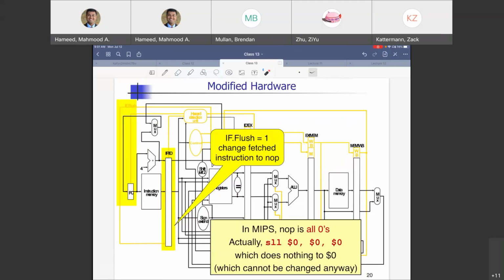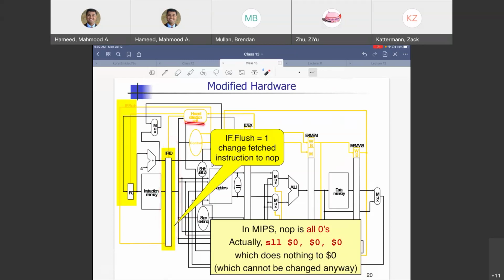With the modified hardware, what is modified? You have moved things up in terms of branch being evaluated and address being calculated. You have moved things up to stage 2, the register access stage. By doing that, you have brought the branch penalty down from 3 cycles to 1 cycle. With the probability of branch being taken or not taken, you can still go down to, say, for example, 0.4 clock cycles on average. And the branch penalty, the way you pay it if you are wrong, is by flushing out one instruction, the instruction that immediately follows the branching instruction. And the way you do that is by setting it all to zeros.